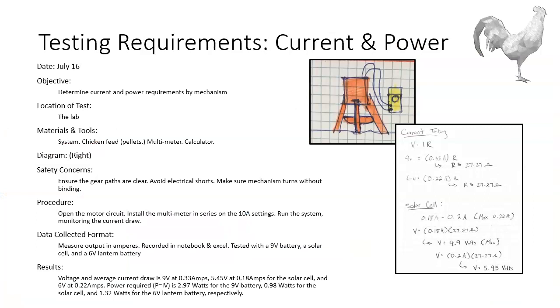So here, briefly state your testing requirements. This is a summary of your test procedure and what you're going to be looking at. Here we have current and power. We have some sample calculations here. We've got a diagram of how it would be tested, and then an overview of how